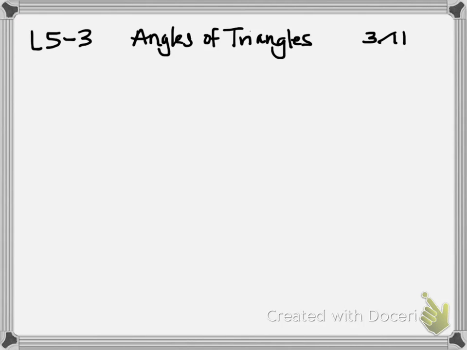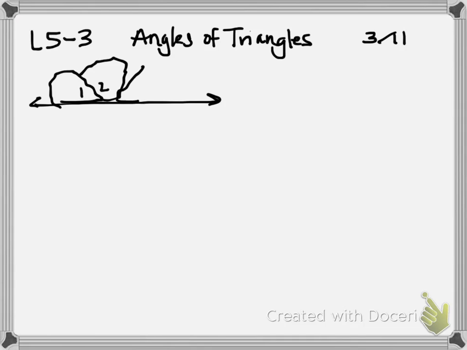took 3 different shaped triangles, ripped their 3 corners off, put them together point to point, found out that they made a straight angle. And we talked about, so it looked something like this, where you had a piece here with angle 1, and you had a piece that ended up here, and that was your angle 2, and then you had a piece here, oops, sorry, that doesn't look right, piece here, that was your angle 3. And those 3 angles formed a straight angle,